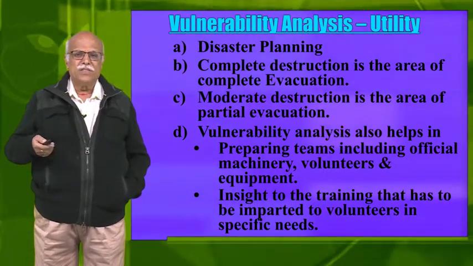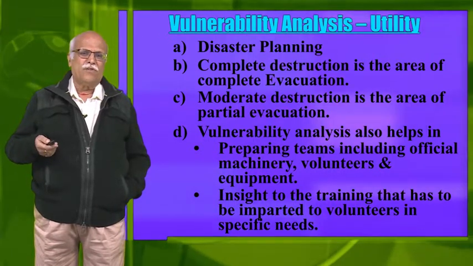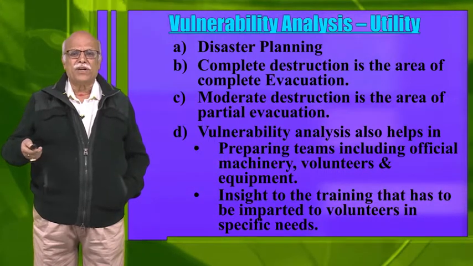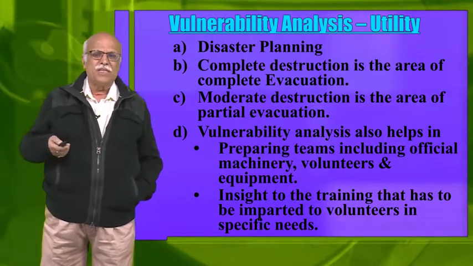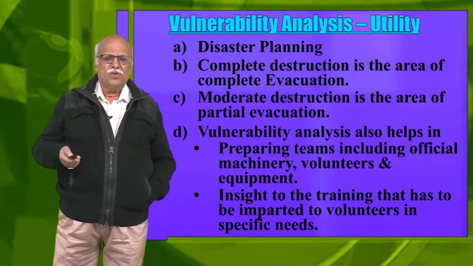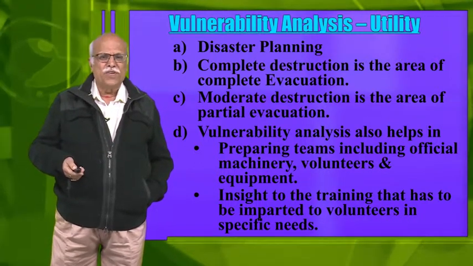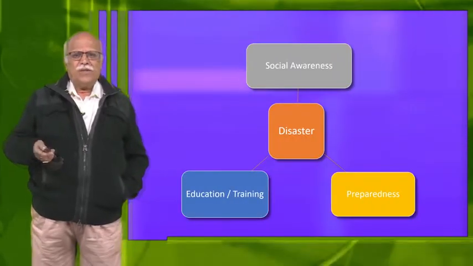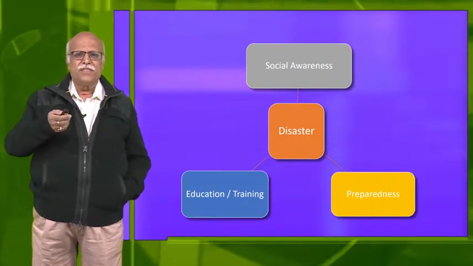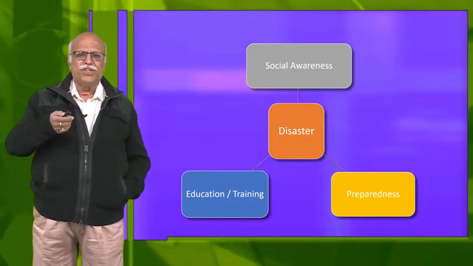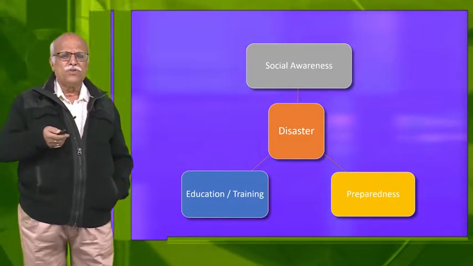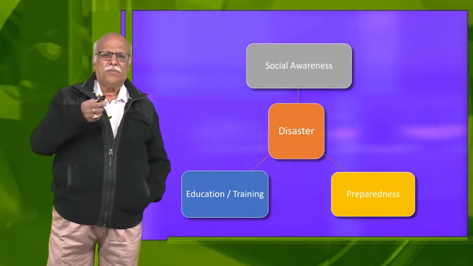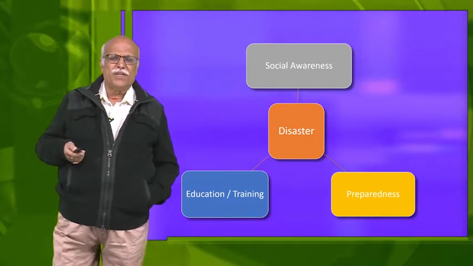In other words, this thinking of ours, wait and watch, yuddha kale shastrabhyasa, these are things which should be avoided totally, if possible. Be prepared so that you are in a position to face a situation. Now, to explain this to you, I have said the disaster is in the center: preparedness, education, training, social awareness. I talked to you about it a little earlier in a very peripheral manner. Now I will go into it in a little detail.